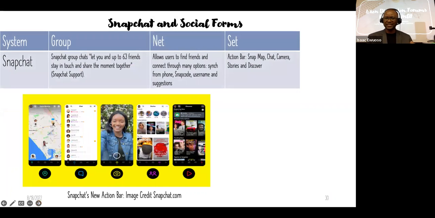What about Snapchat and social forums? As I've already argued, because of the functions and features it has, Snapchat is very high on net and set. And you can understand why students would like this so much when it comes to connecting with each other. Learning management systems do not have this; they're low on net and low on set. Again, if you're just joining us, you're wondering, what does it mean by net and set? Net-oriented systems tend to provide features like friending, linking, and commenting, and set tends to provide topics that are based on location-based selection, tags, or categories. So when students can look at each other where they are, they can post videos and other cool things amongst themselves. I don't get involved in that stuff. I just know they're doing this because it's entertaining and convenient and fun for them.